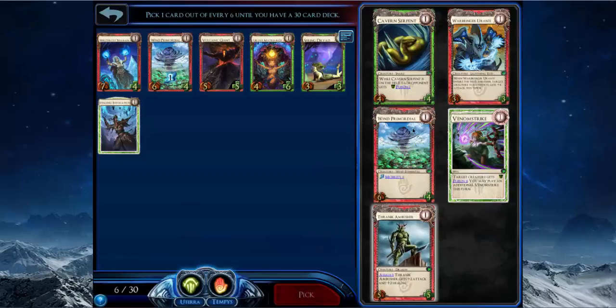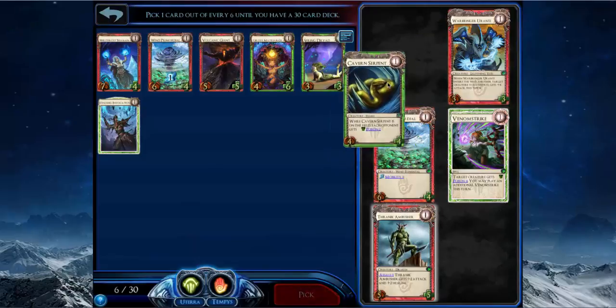But I'm going to ignore it and pick Cavern Hydra anyway, because I want to see how much chip damage actually does. And I like playing around with these casual drafts. I like trying out a bunch of different things. Because you can't afford to...